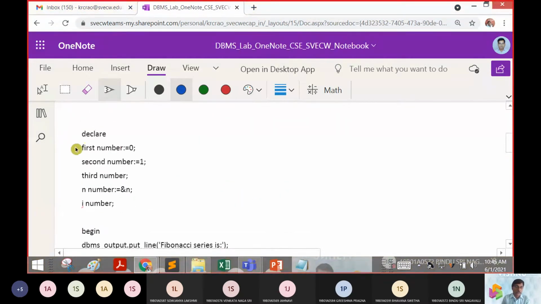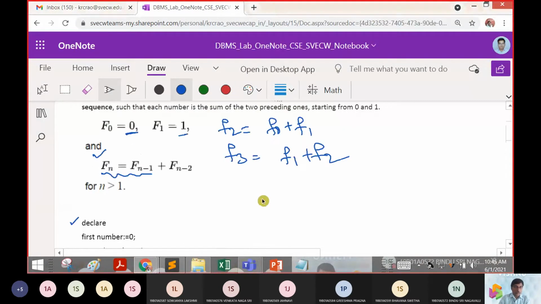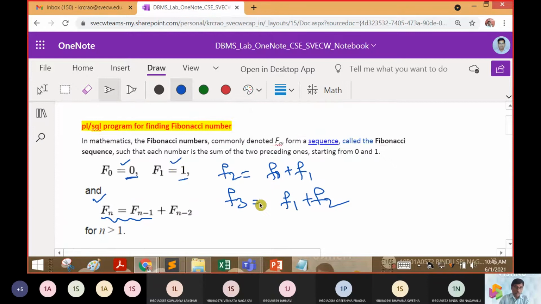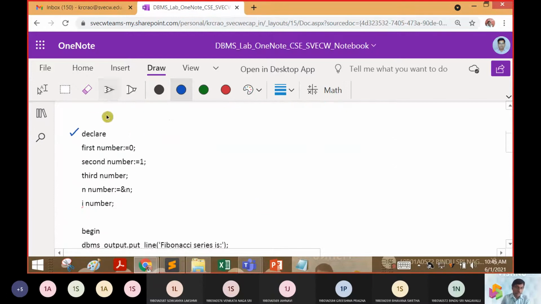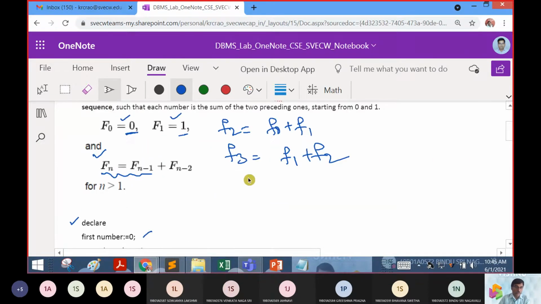For that we are going to have a declarative part. So we declare two numbers. What are the two numbers? We should have f0 as 0 and f1 as 1. So we are putting the first number as 0, the second number as 1. How can I compute the third number? I can compute the third number as n minus 1 plus n minus 2.